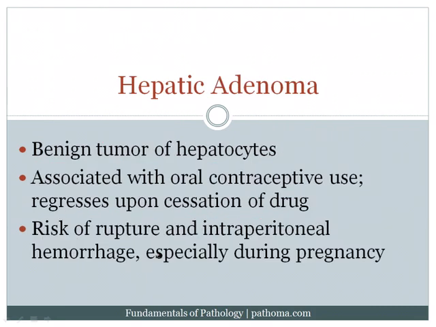Moving on to liver tumors, hepatic adenoma is a benign tumor of hepatocytes. Very high yield association is that it is related to oral contraceptive use and that it will regress upon cessation of the oral contraceptives. Now, although this is a benign tumor, there is a feared complication that it can rupture, resulting in intraperitoneal hemorrhage, especially during pregnancy when there's high levels of estrogen, which can drive the growth of this